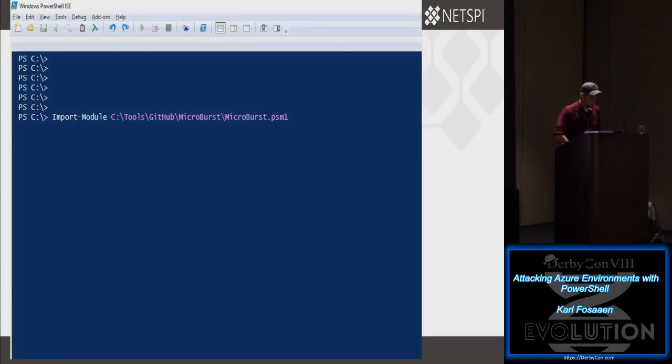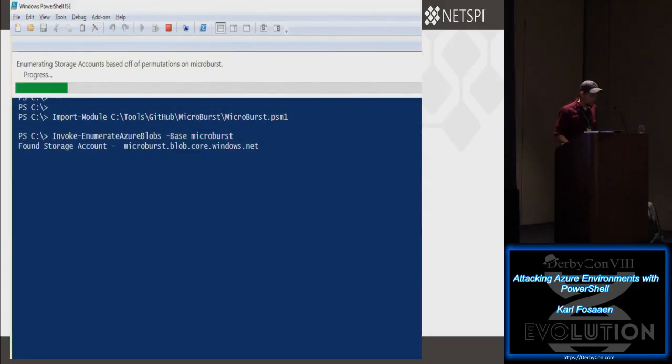So the first thing we're going to do is import the module for MicroBurst and run, as soon as I can hit play here. Come on. There we go. So we'll import the module and use Invoke-EnumerateAzureBlobs with the base of microburst. So you can see we found a storage account for